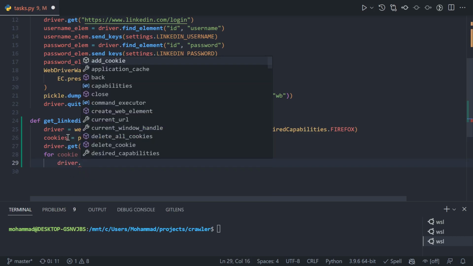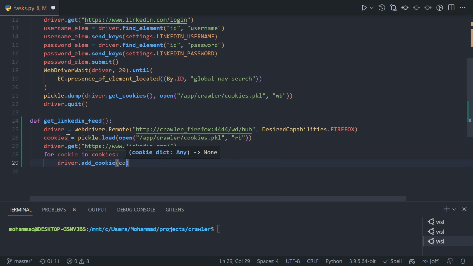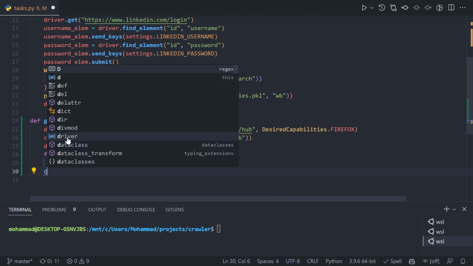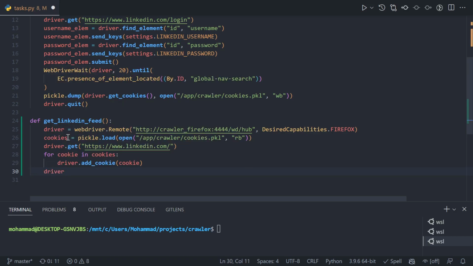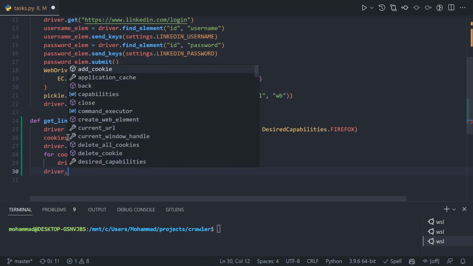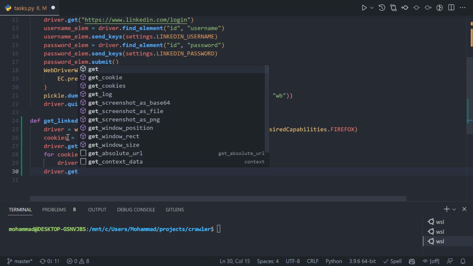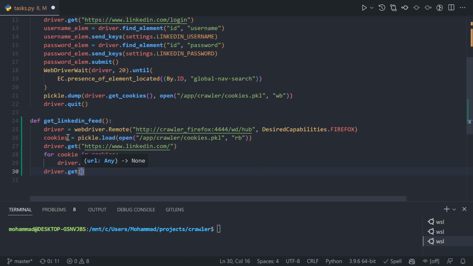We can use the driver add_cookie function here, and next I want to reach the LinkedIn feed section. So the feed section address is the LinkedIn website and /feed,